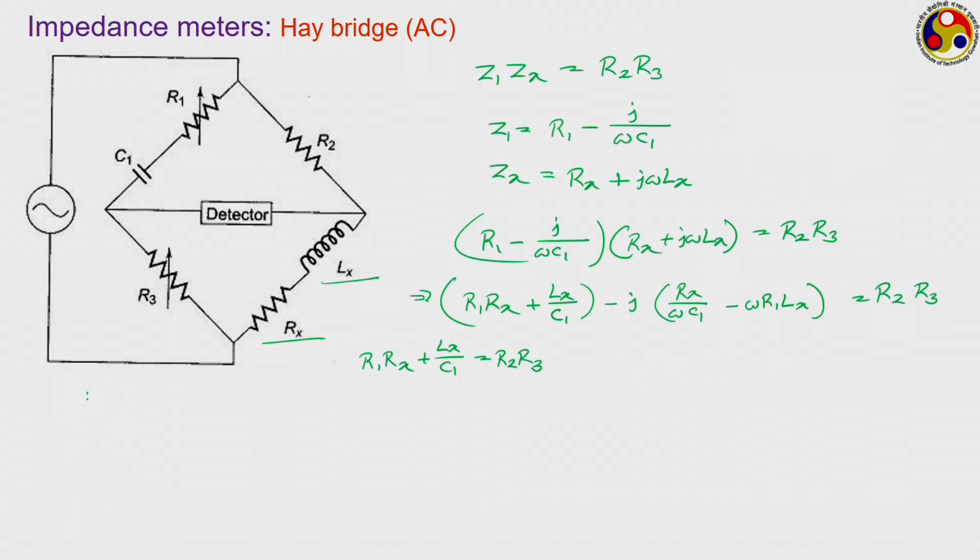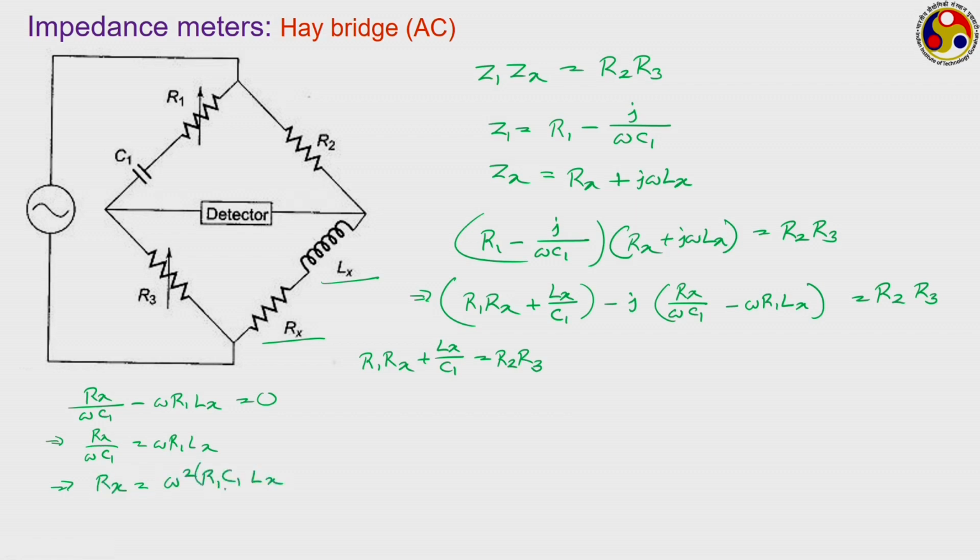So from the imaginary part, we have Rx by omega C1 minus omega R1 Lx is equal to 0. If you take from there, Rx upon omega C1 is equal to omega R1 Lx, that is omega square is equal to, okay, instead of taking omega out, let us take Rx out from this. So, your Rx will be equal to omega square R1 C1 Lx,